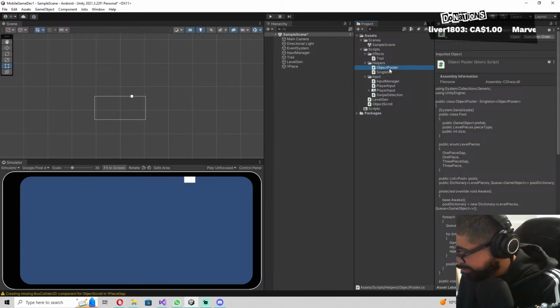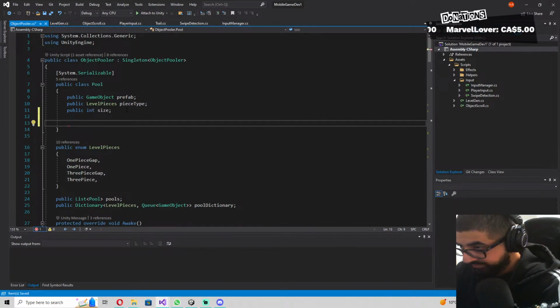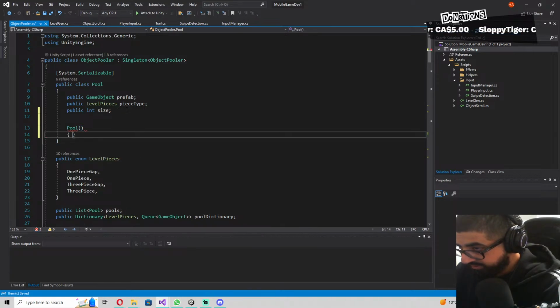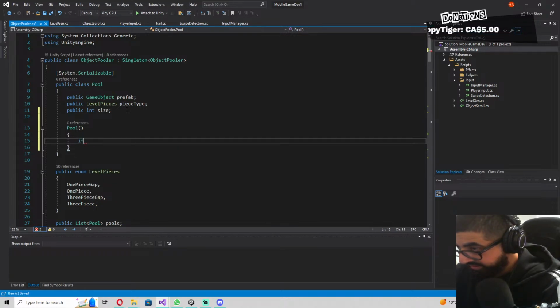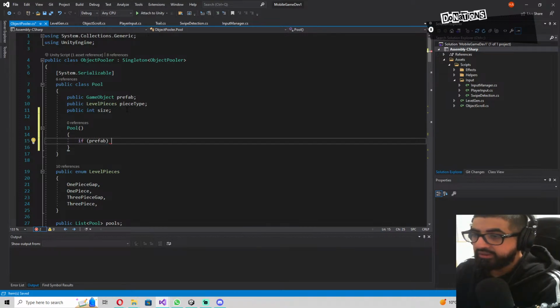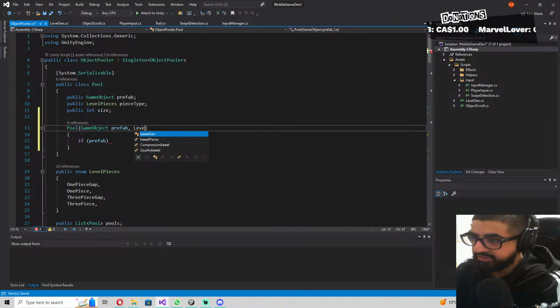But I was thinking, couldn't we, on creation of our pool, if we have a reference to a prefab, on the constructor, we need our prefab, we need level pieces, piece type,